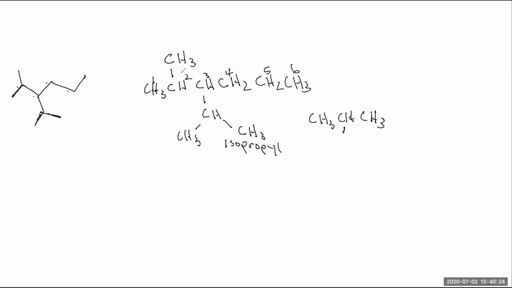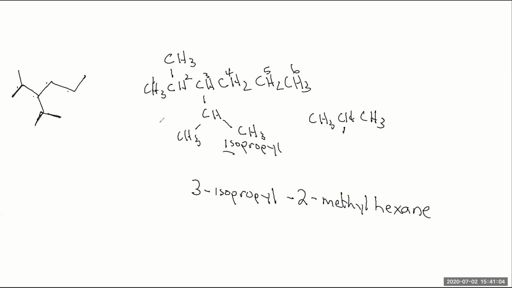It should be numbered from left to right because the first substituent, the methyl, is found on number 2. If we numbered from right to left, the first substituent would fall on carbon 4. So we number this way. This is an isopropyl group. This is a methyl group. I is before M in the alphabet. So we say 3-isopropyl-2-methylhexane. So that's our compound here.